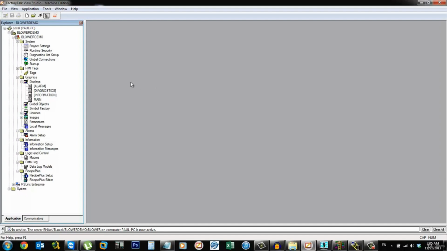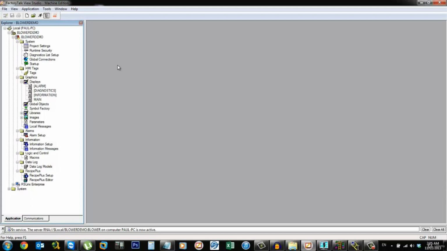The first thing we're going to do is set up an OPC server connection to our emulator, RSLogix Emulate 500, which is running our PLC program. This is not a step that you always have to do, specifically not when you're running an actual PLC. But since we're running an emulator and FactoryTalk doesn't speak directly to the emulator driver, we're going to have